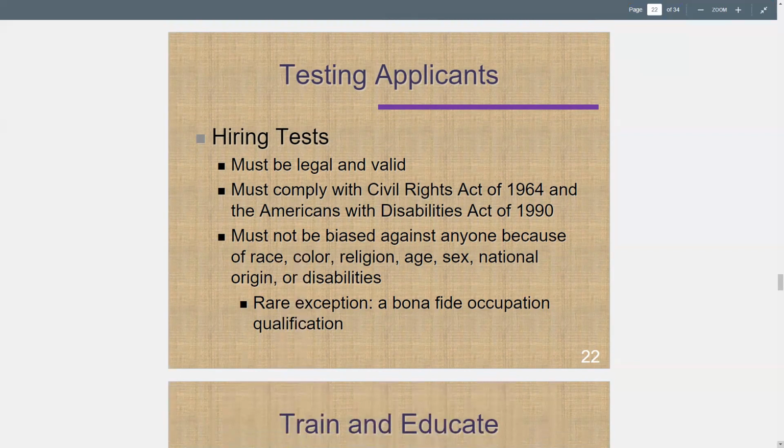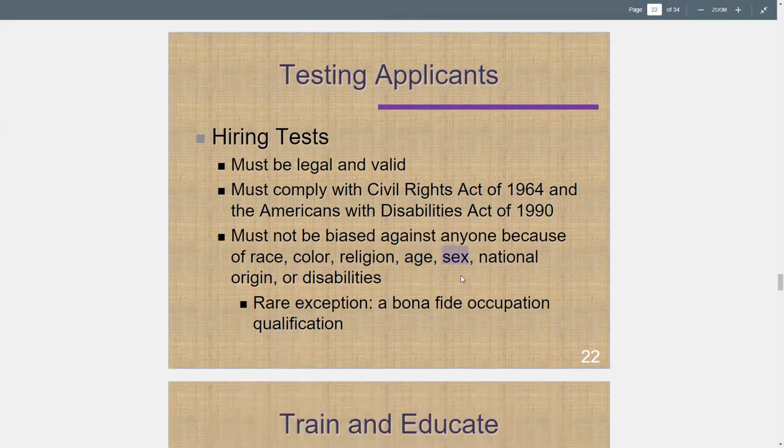And so it's reasonable to have tests, and there can be a variety of tests from written tests to actual job trial type tests. And so you want to think through what's the best way of approaching those issues. It is important that you comply with laws like the Americans with Disabilities Act, which we talked about earlier, but there are other laws that you need to also comply with. And of course, you always have to be careful that whatever you're doing, you aren't discriminating based upon race, color, which is a reference to skin tone, religion, age, and this applies to individuals over the age of 40, sex,